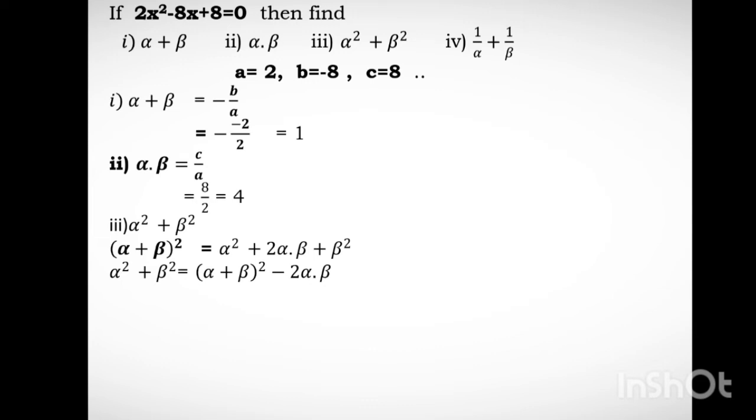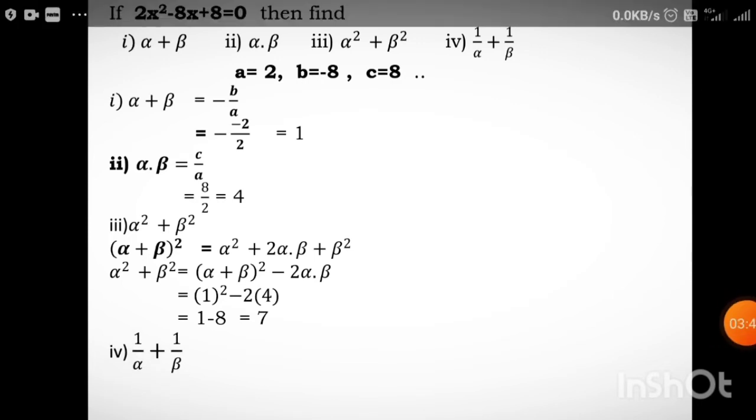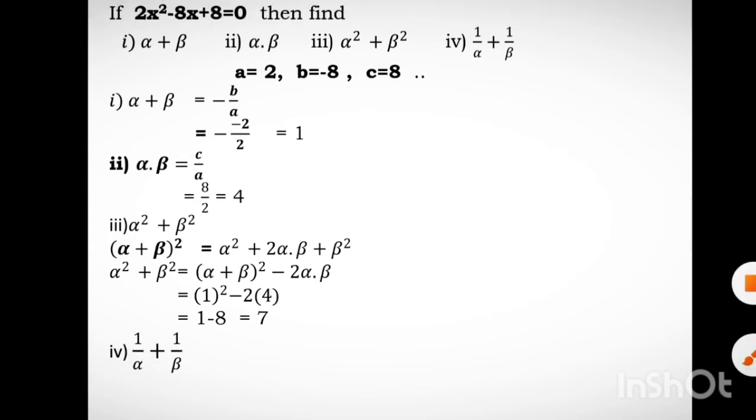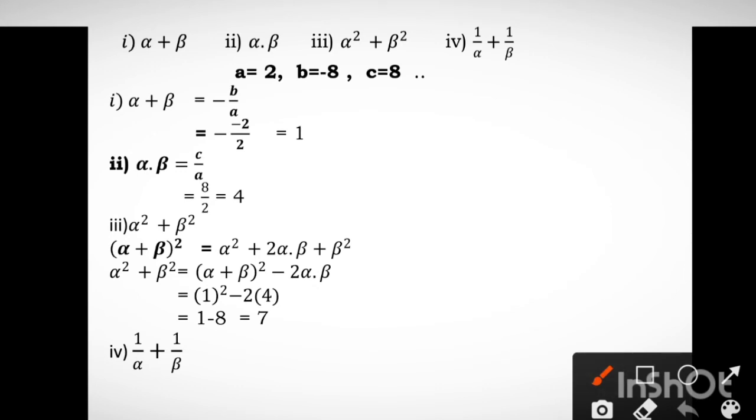So substitute on the right hand side. Alpha plus beta is given by 4 as you found just now, and alpha into beta is 4. You substitute these values here. So you get 4 square minus 2 times 4. 4 square will give 16 and 2 into 4 will become 8. So you get 16 minus 8, that is equal to 8. Okay, you need to make a small correction here. So this part should be 8. Okay, that's a small correction.